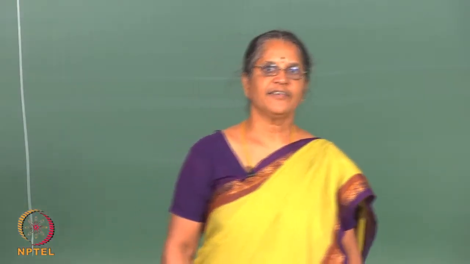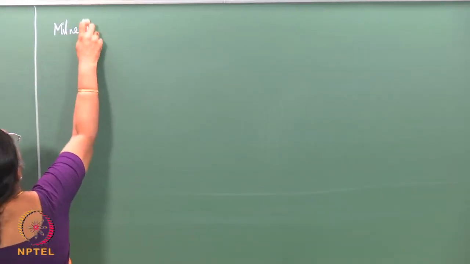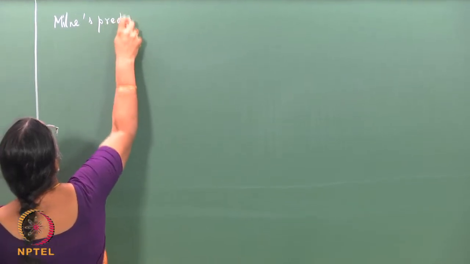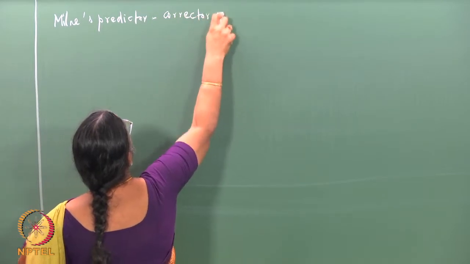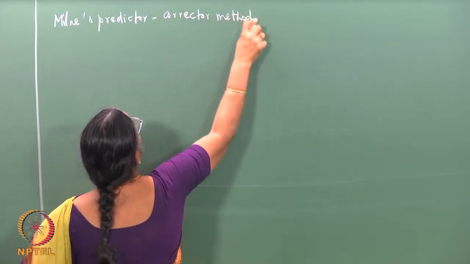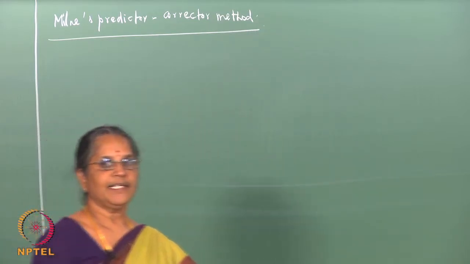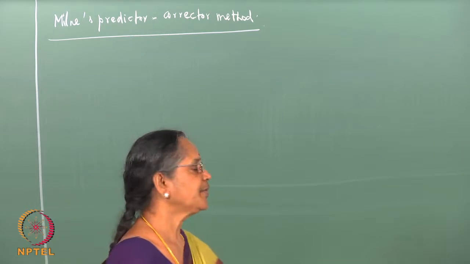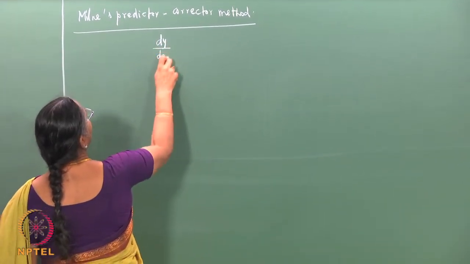In today's lecture, we shall consider another predictor-corrector pair, which is a multi-step method. This method is called Milne's predictor-corrector method. This is again a multi-step method where we assume that the solution to the initial value problem dy by dx